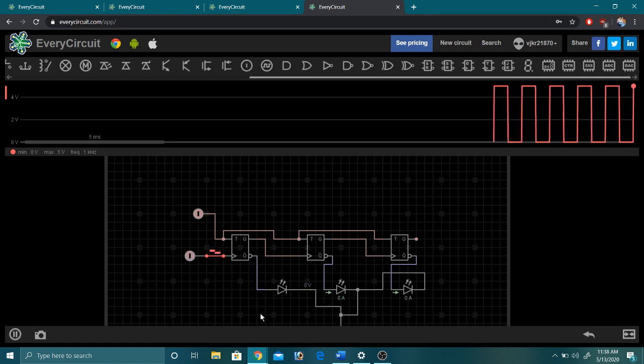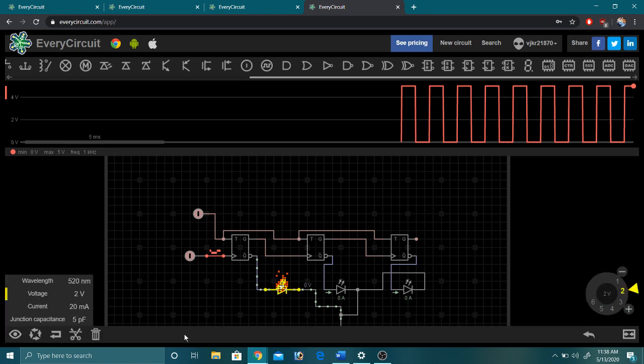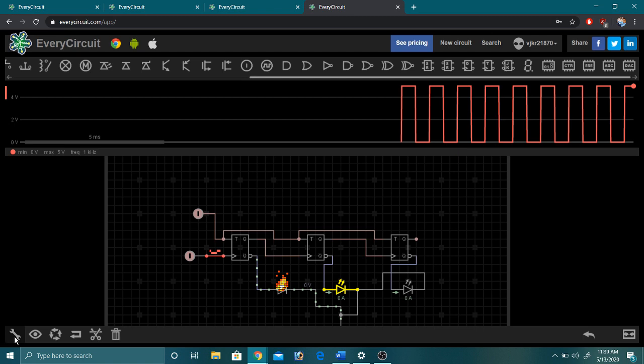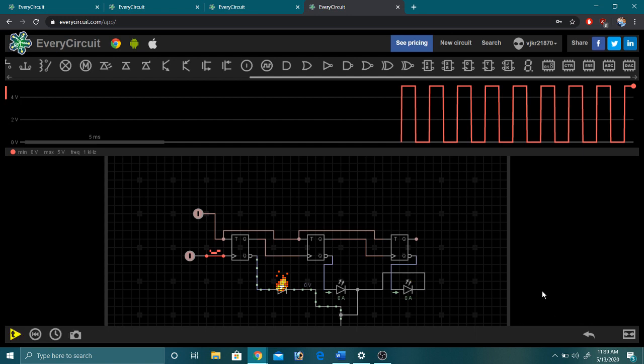Okay, I forgot to rate the LEDs. The rating of LED is default 2 volts, but our circuit is operating on 5 volts, so I'll keep it to 5. This also I'll keep to 5, and finally the third LED also I'll keep to 5 volts, so that our LEDs don't get burnt.